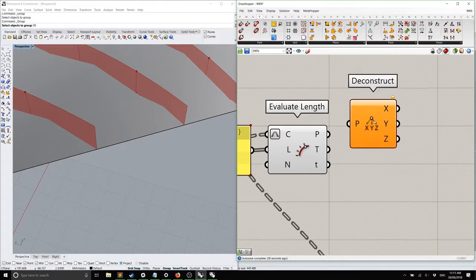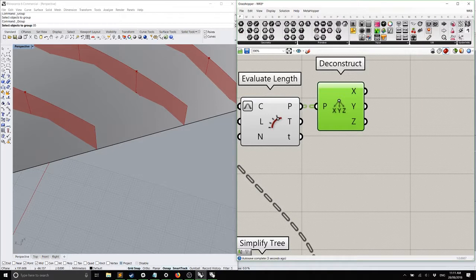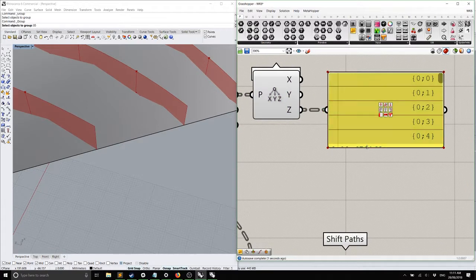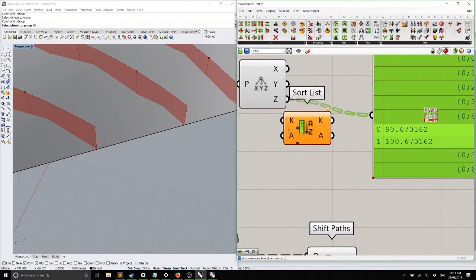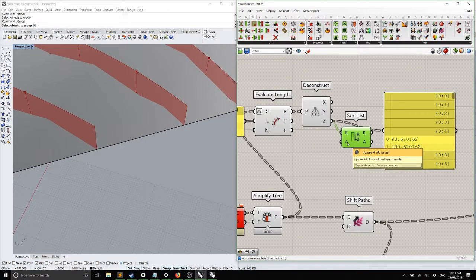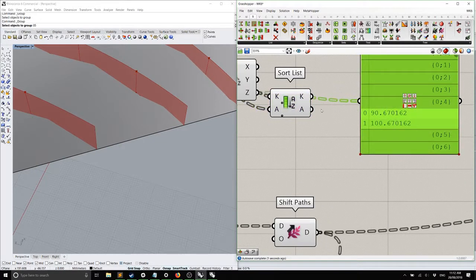If you grab the deconstruct point function, it will give you the x, y, and z values of your points. We care about the z values. So with the z values, we will then sort them, which will sort them as you'd expect. But at the same time, synchronously, we are also going to sort our points. So what that means is,